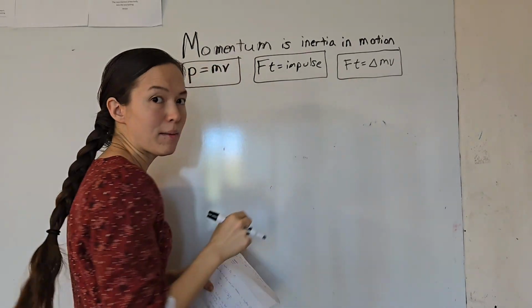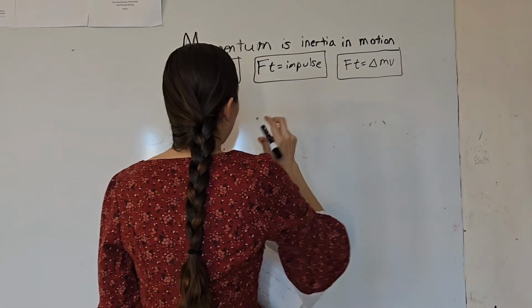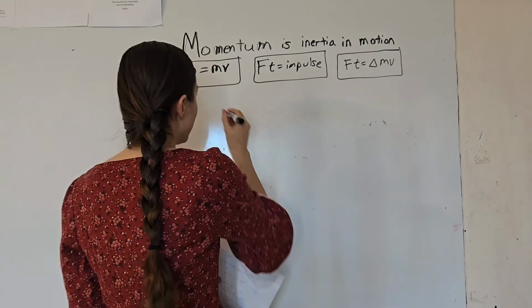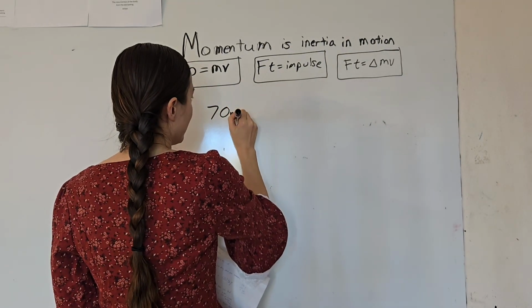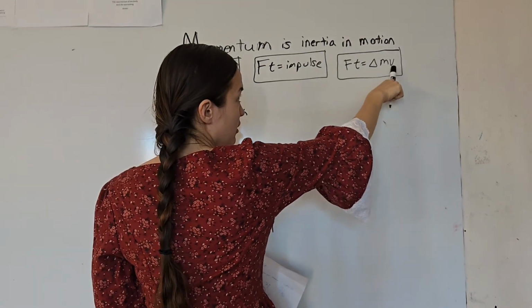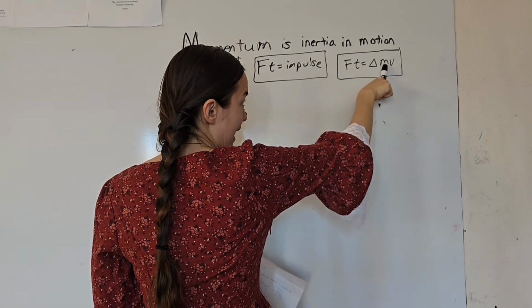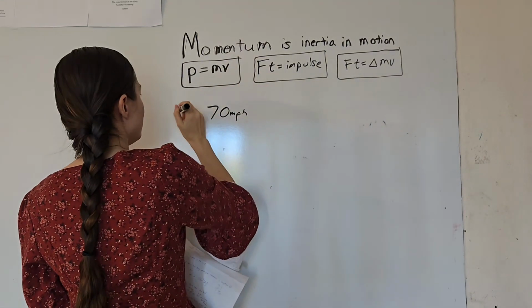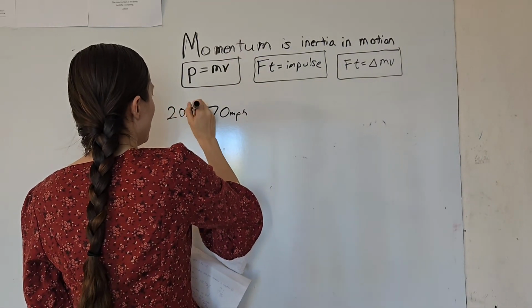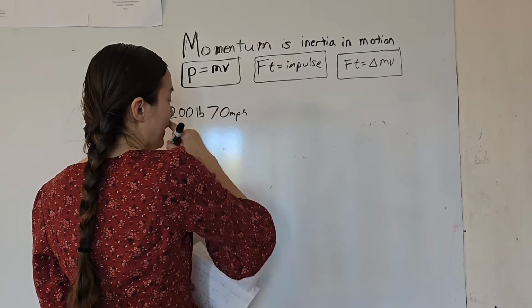We already know how much momentum you had, the change in momentum. What happens when you've got a guy in a car that's going 70 miles an hour, okay? So we already know his mass. Oh, let's say he weighs 200 pounds, okay? So we've got a 200-pound guy, and he's doing...